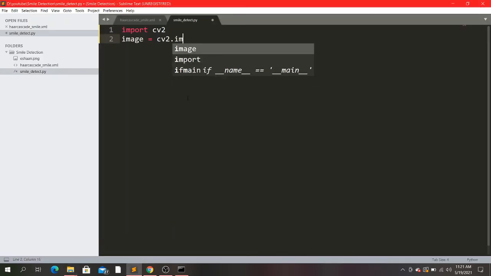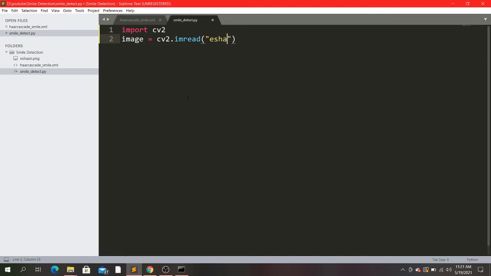So cv2.imread. This function is used to read images in cv2 or OpenCV. ishan.png. I have saved it in PNG format.